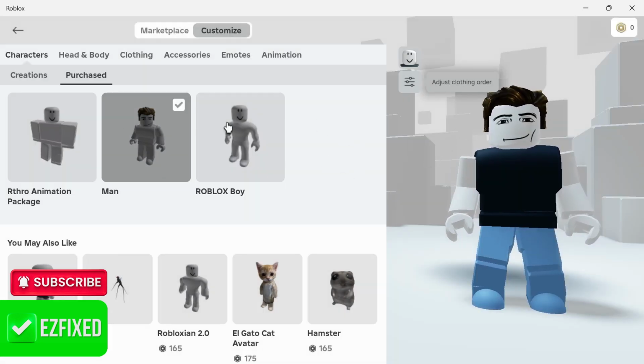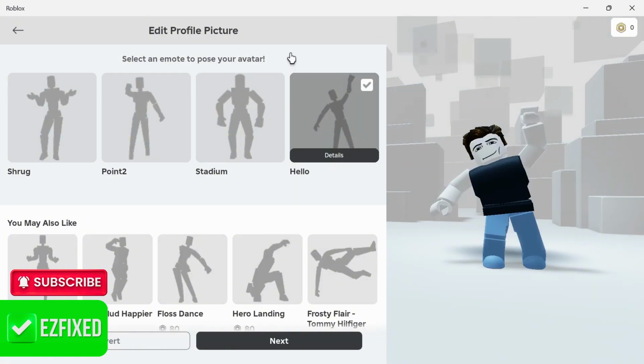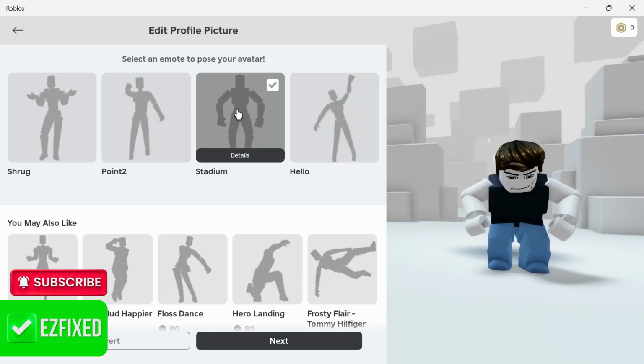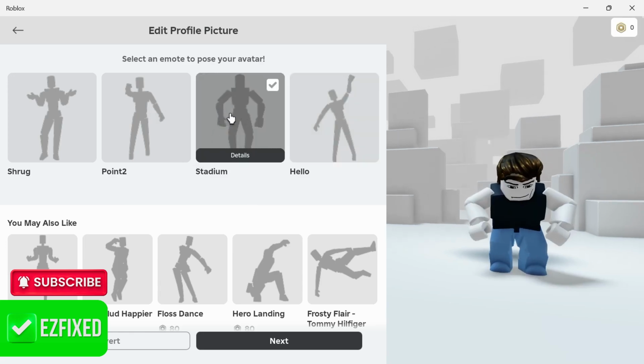So once you've selected the character that you want to use, we then need to come over to this profile icon in the top right hand side, and then from here this will take us to the edit profile picture page. From here we can select an emote to pose for your avatar. At the moment we have this hello pose chosen, but we can change this to stadium for instance. So once you've selected the emote that you want to use for your profile picture, go ahead and press next,